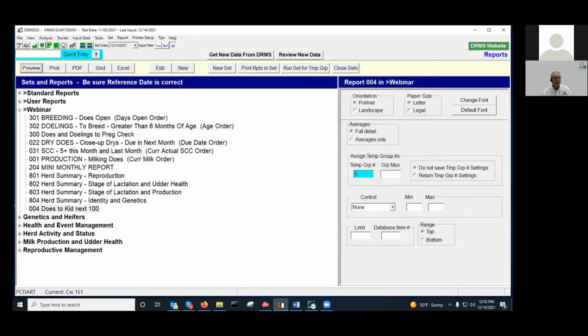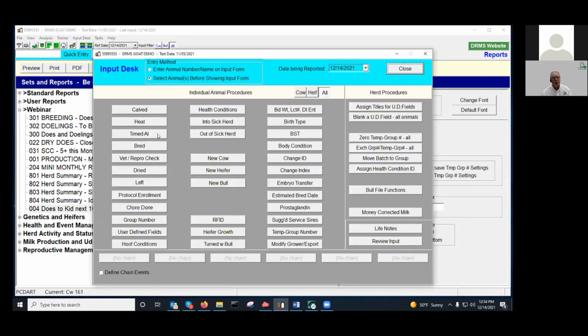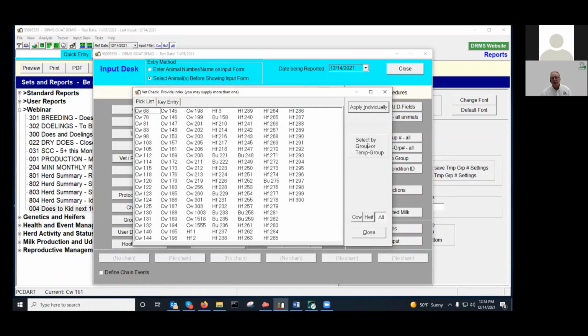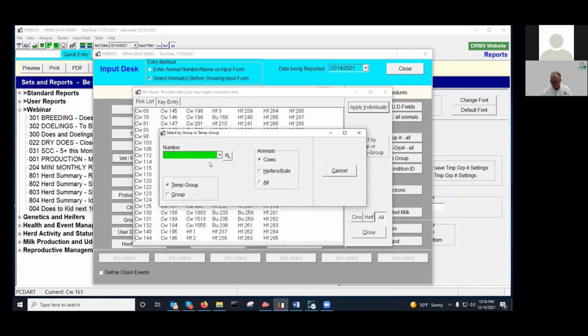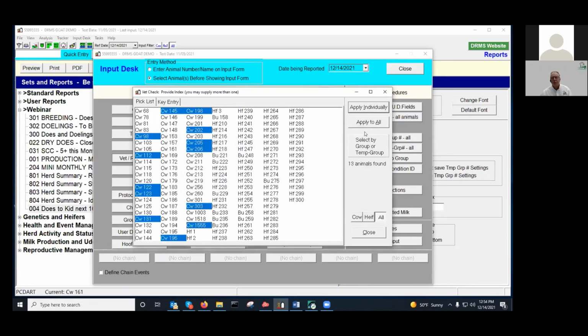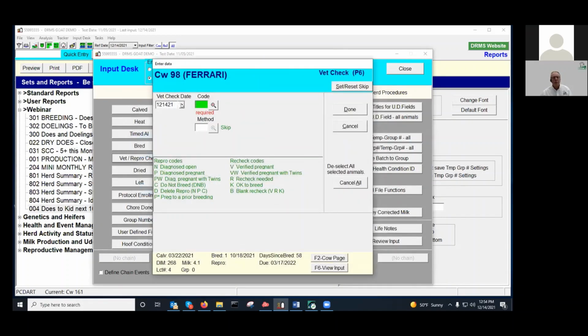Let me see. Oh, my expected fresh protocol does require them to be pregnant. So I'm going to go ahead and record them all pregnant first. And we'll say,